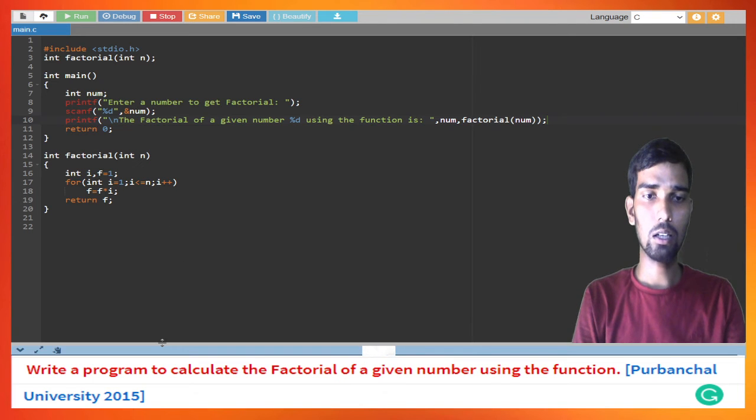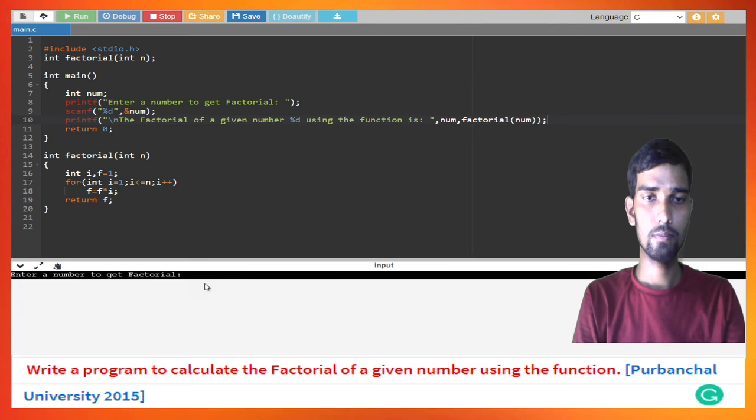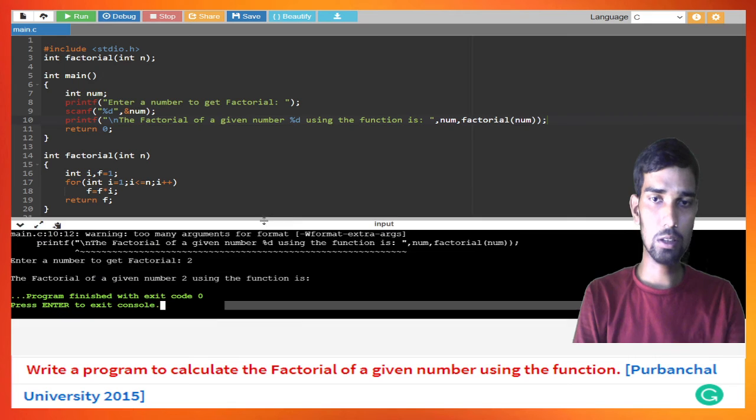So we are running it. Enter a number to get factorial. Let me give 2. Okay, here is something wrong in the print of factorial.